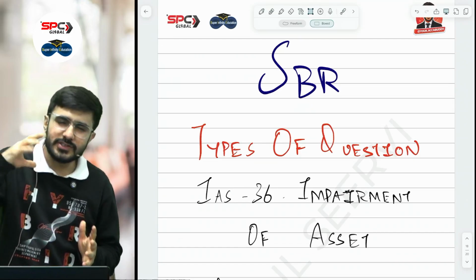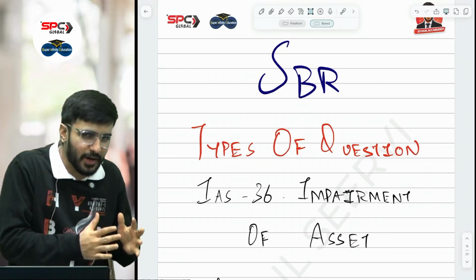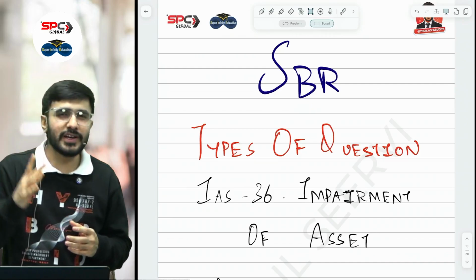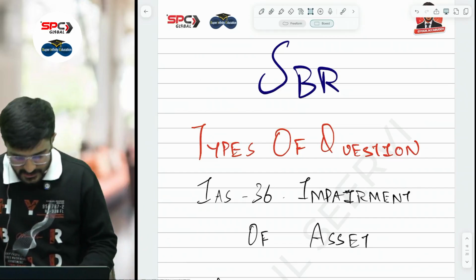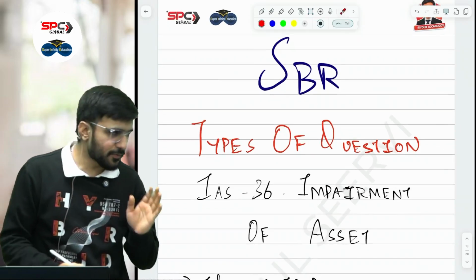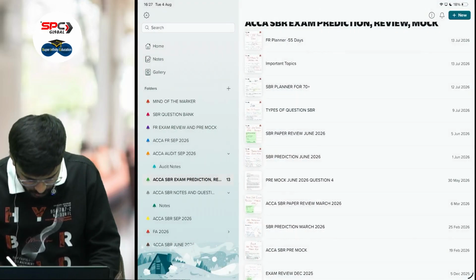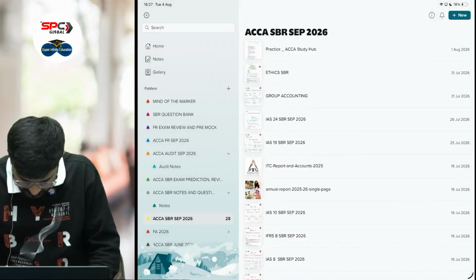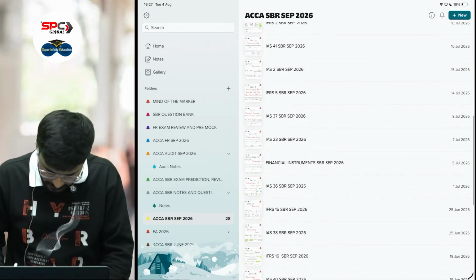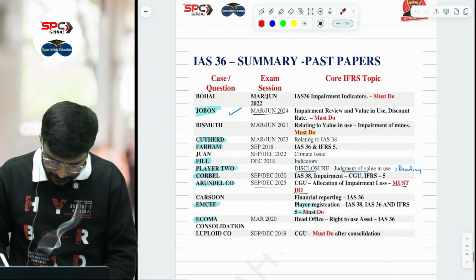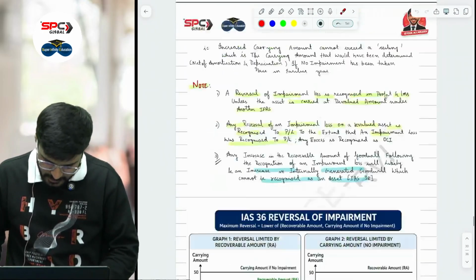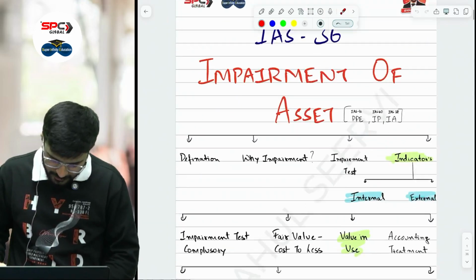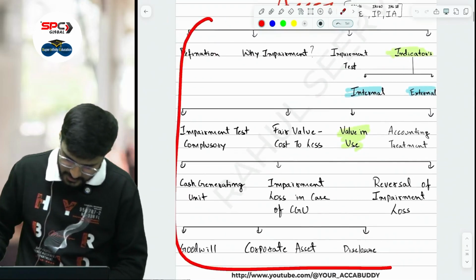I say it is a very important topic because this is part of FR, but when coming to SBR it's totally tested from theory point of view. Yes sir, simple. So I'll not waste much of your time. Now regular batch students, if you see, you have notes, board notes, so it will not be an issue. If you see, I've already given the list of the past papers, must do, etc. In the class we have already done these topics which are tested in